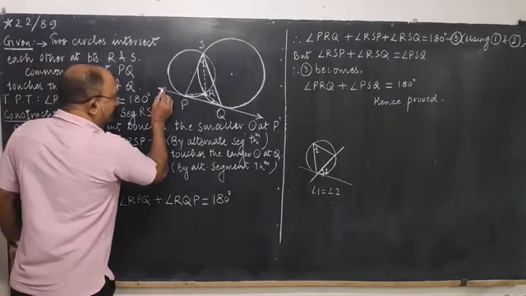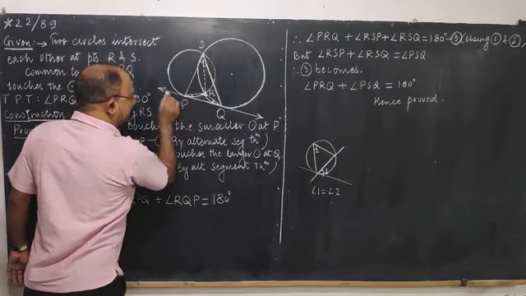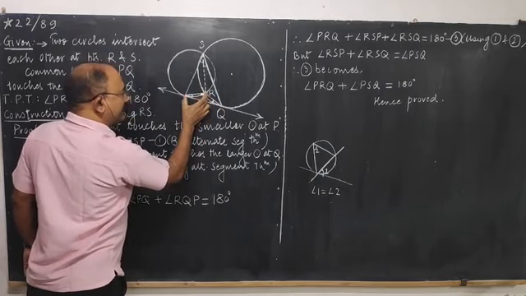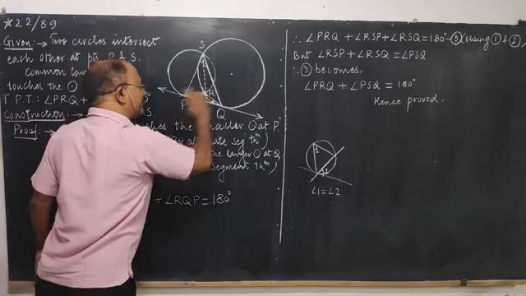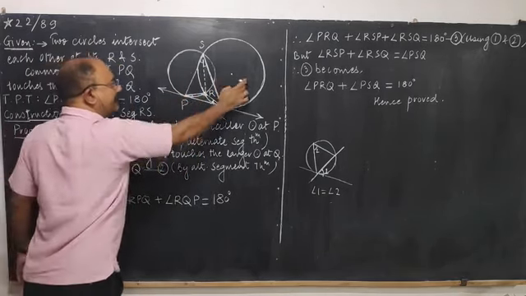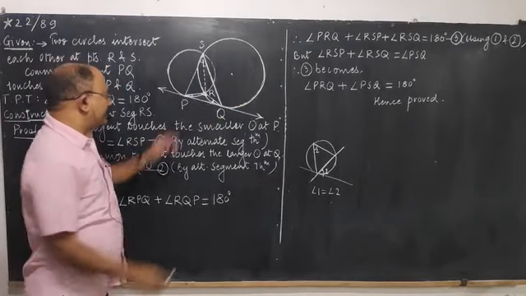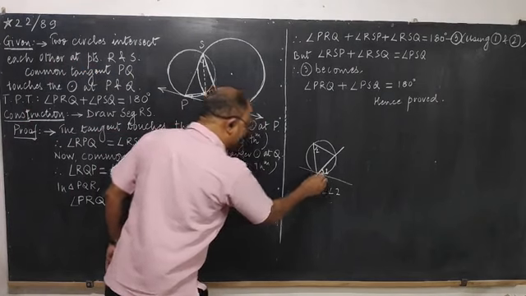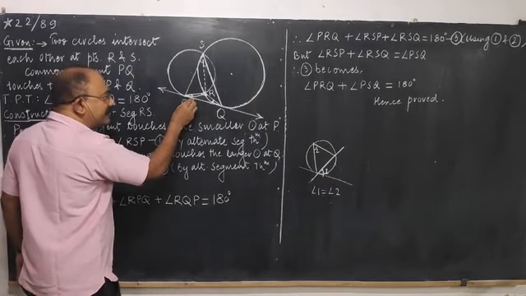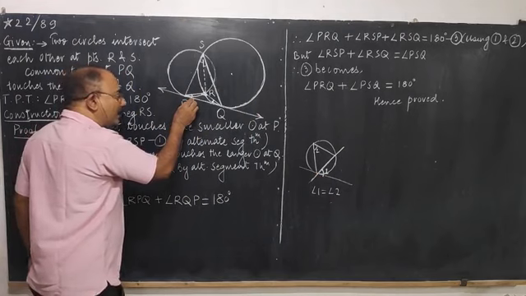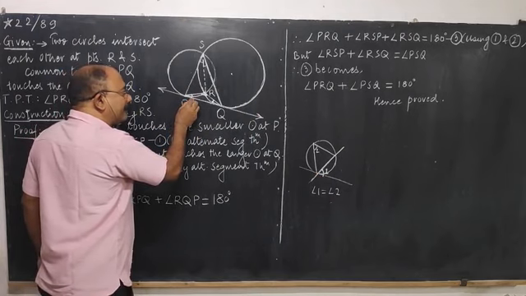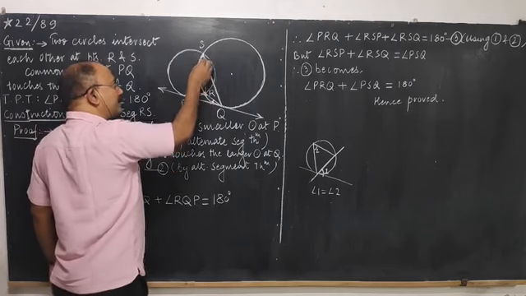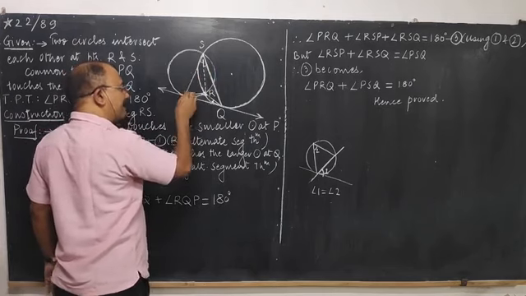So for the smaller circle, this is the tangent and this smaller segment is a part of the secant. Secant is actually the line, but that full line is not shown in the figure. So this angle between the tangent and the secant, this one. So here it is this one. It is congruent or it is equal to the angle inscribed in the alternate segment, that it is congruent to angle RSP.